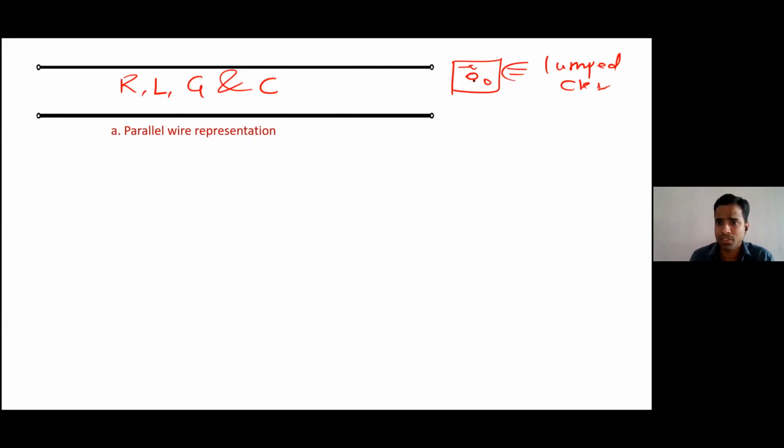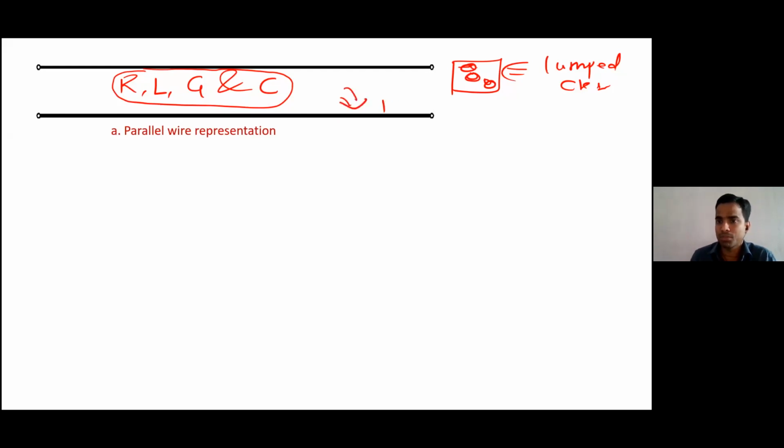These are lumps, right? Which you can see. But in case of transmission line, these components are there, but you cannot see them. You can see only two conductors. So how do we model it? We model it using something called as